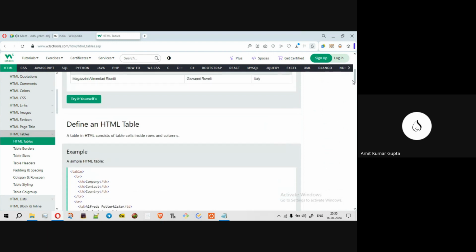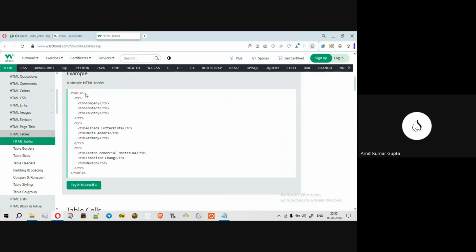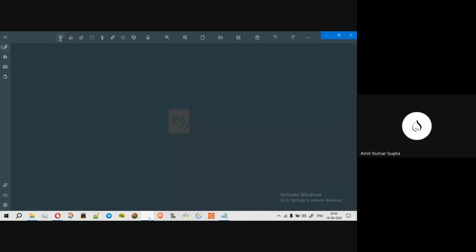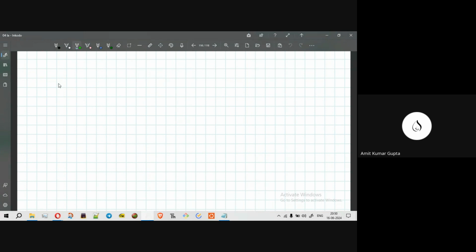For creating a table, first thing we need is the table tag. See, we are gonna open it and we are gonna close it. Inside the table tag, we work row by row. Let me talk a little bit more about it. So how can we create a table? First thing we need to write is table. Pardon my bad handwriting. So when we write this table tag and we close it here,